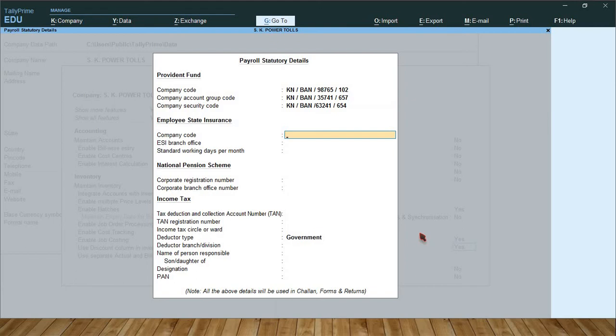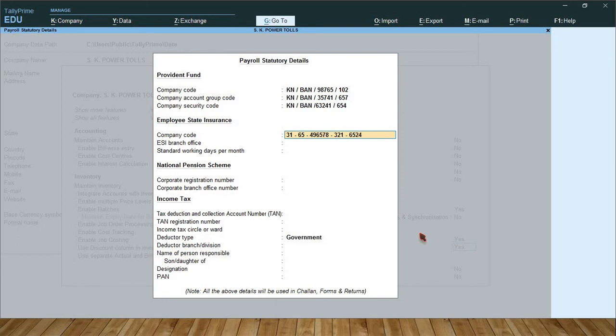So employee state insurance. So type the company code 31 65 4965 78 321 6524.